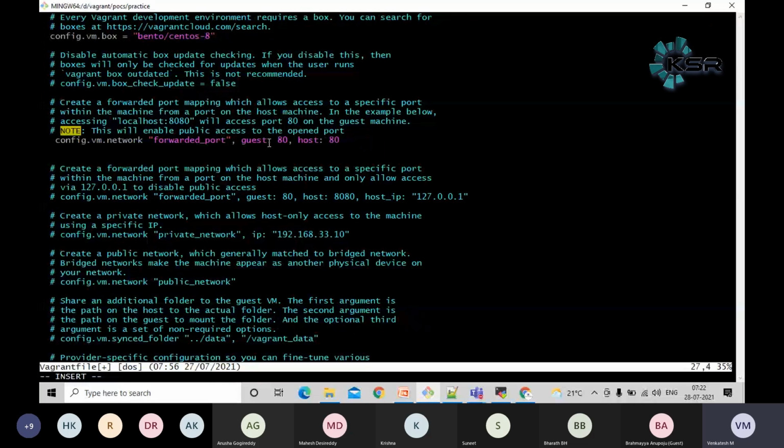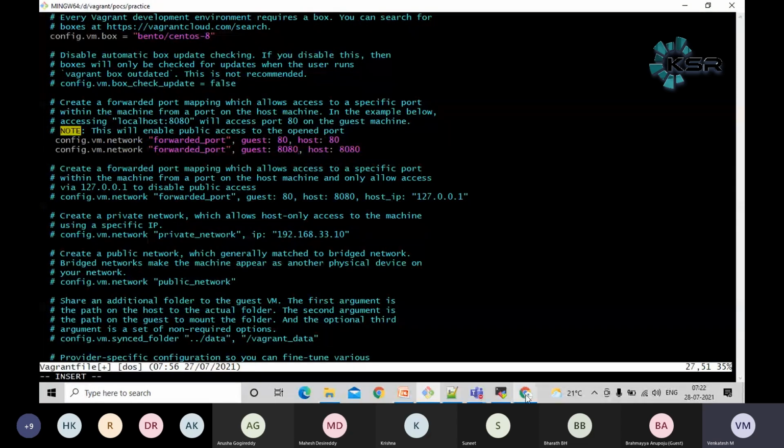In real time also, the guest will be our virtual machine, and some 8080 port we are going to pass. The mapping can be to the internet or to the particular environment, according to our organization level settings, guys. Now I need to expose my port 8080, and I'm going to map it as 8080 to 8080. This is how I can map it.